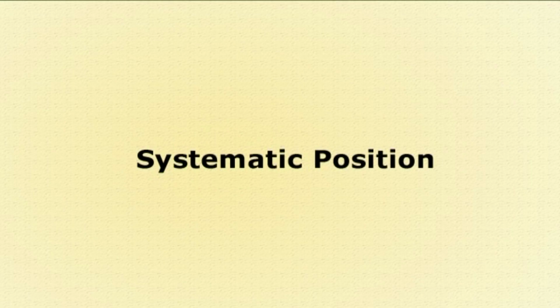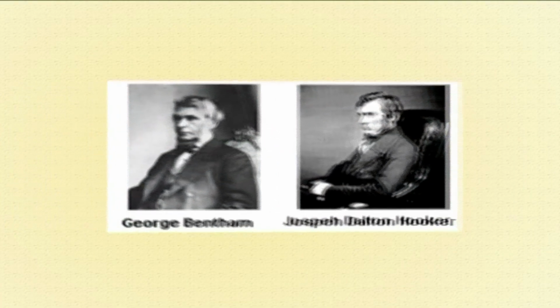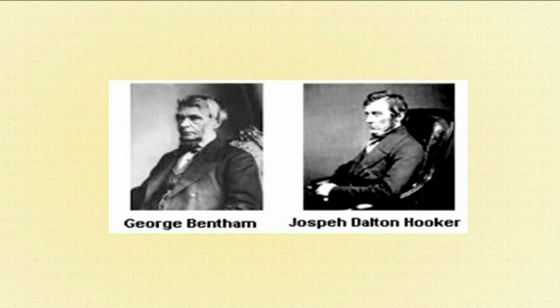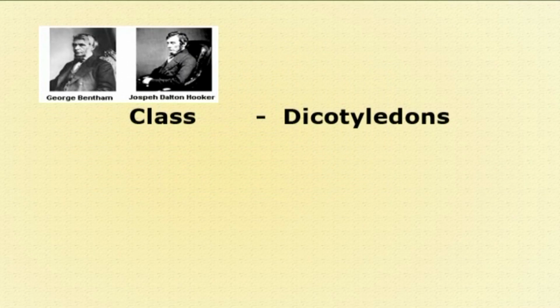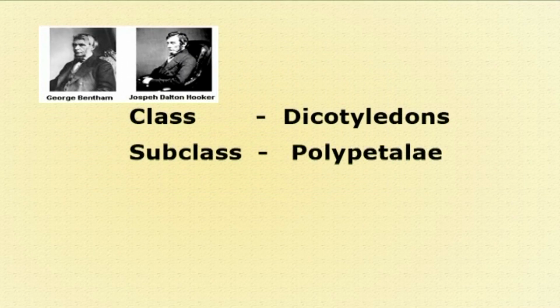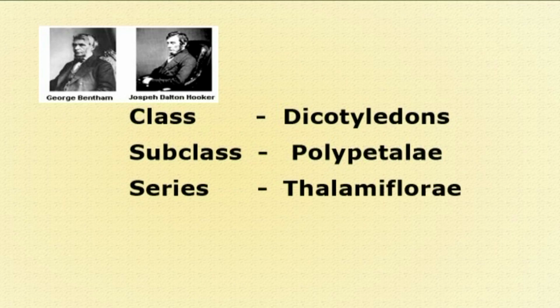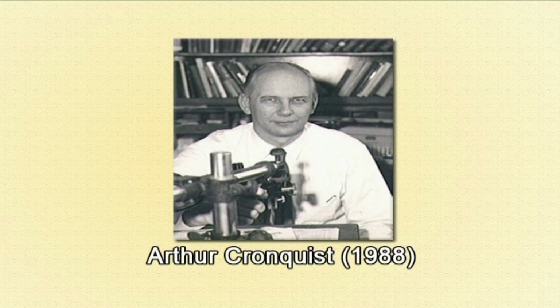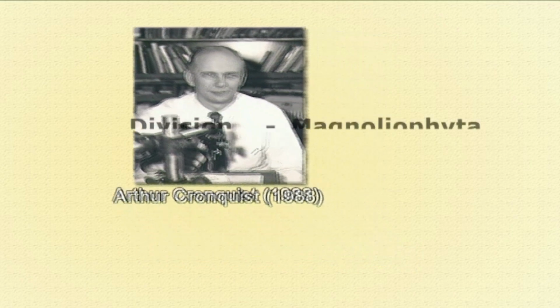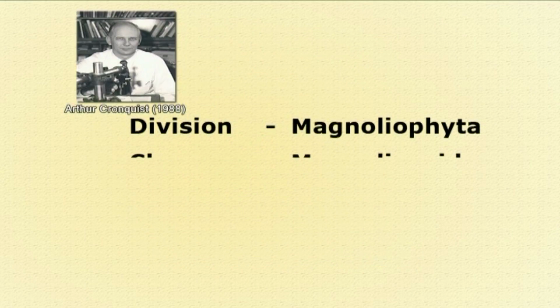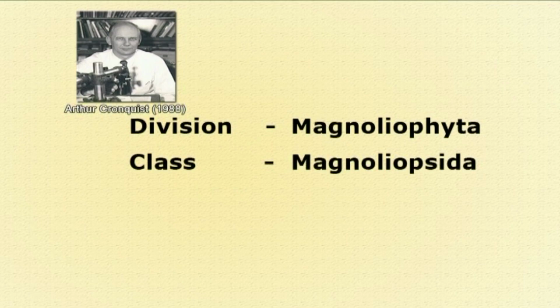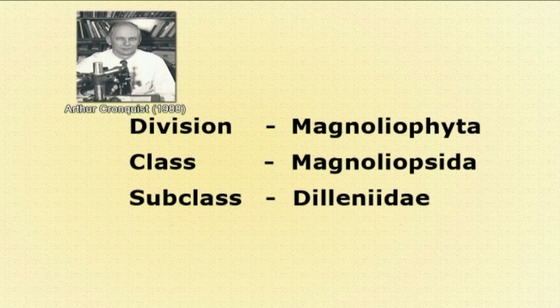Now, the second part of the lecture, that is the systematic position of the family Brassicaceae. We will just highlight a few prominent classification systems. Bentham and Hooker, the two British botanists, classified the family Brassicaceae under Dicotyledons, the subclass Polypetalae and the series Thalamiflorae. Then an American taxonomist, Cronquist, classified this family under division Magnoliophyta, class Magnoliopsida, subclass Dilleniidae, order